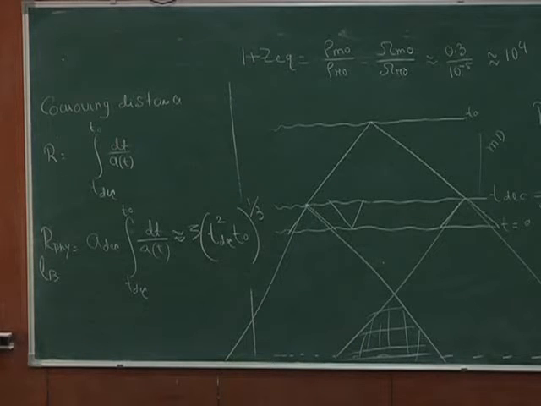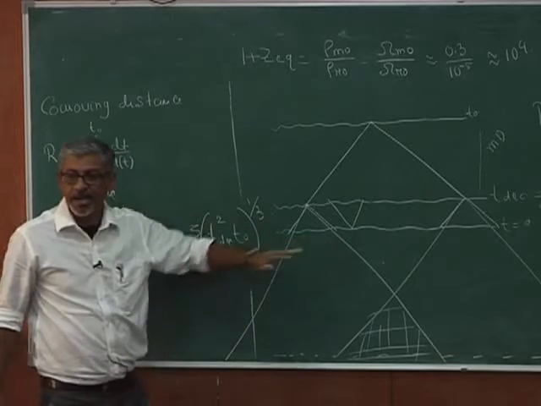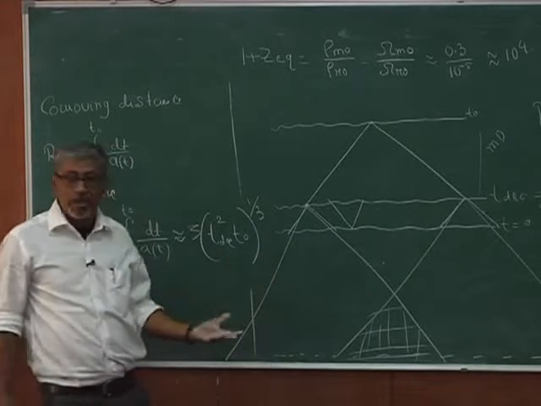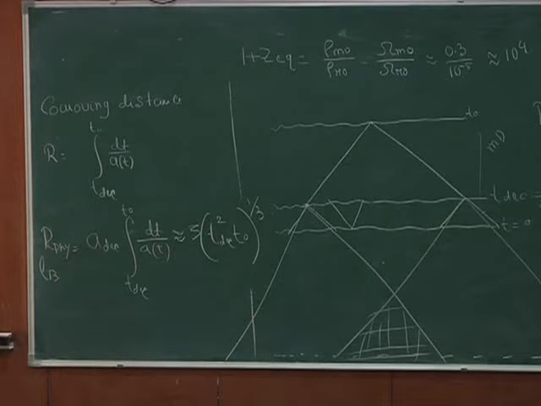So what I need is that very early in the universe, around this time, I need a universe where A equal to 0 is not at T equal to 0, but A equal to 0 at T equal to minus infinity. And what is that? That is A going as e to the power T.